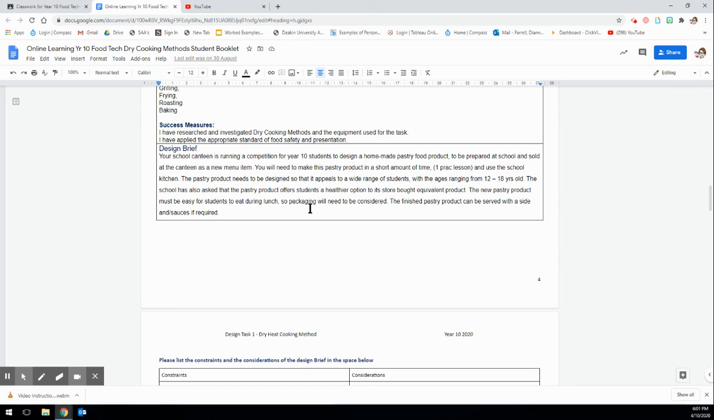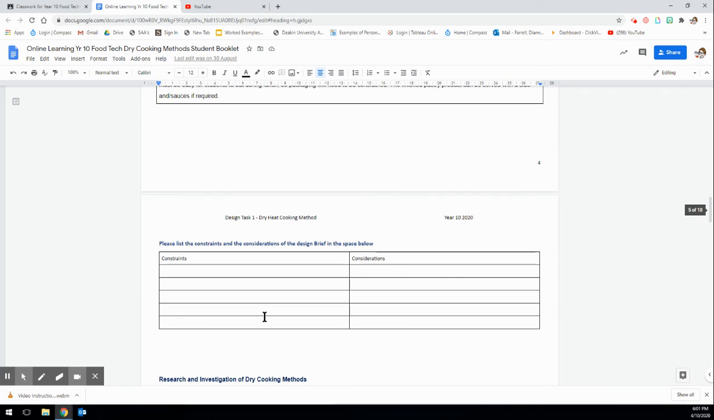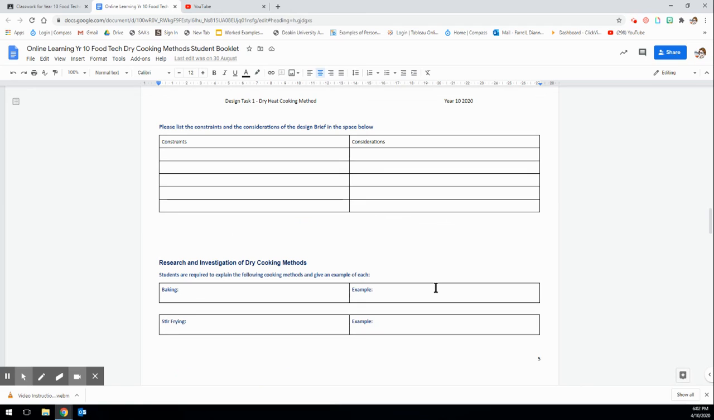You can highlight them as you read through, in 2 different colours, and then you're going to record them in this table on page 5. So very simple. We're identifying what the constraints and the considerations are, and then we're going to make a list of them here. The next thing that you're going to do is research and investigate dry